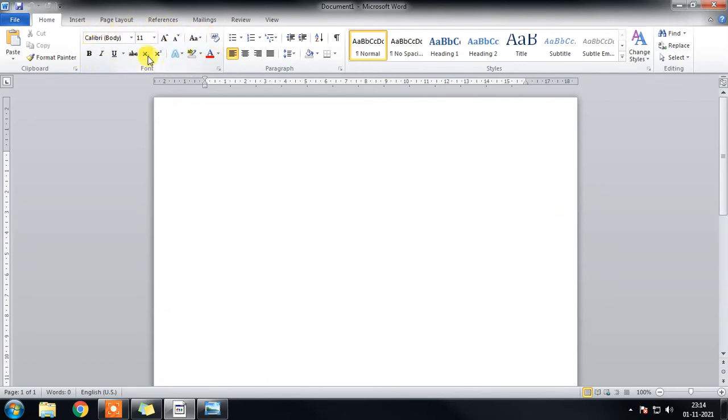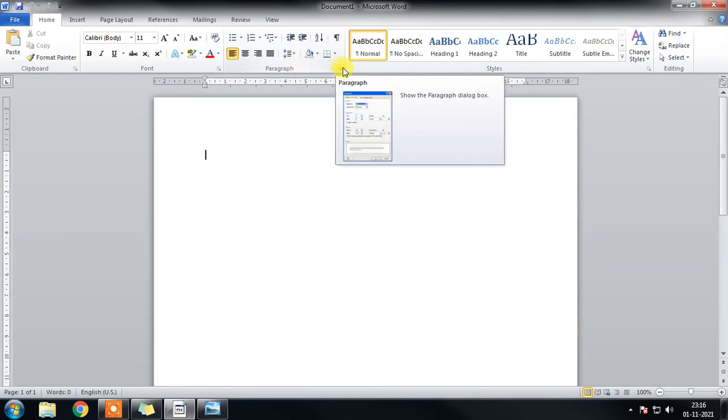Here these are the commands, and these commands are grouped under the group name Font, and these commands do things related to fonts. And some groups may contain an icon like this with a down slanting arrow, which is called dialog box launcher. So here in the ribbon we can see the groups, commands and dialog box launcher.